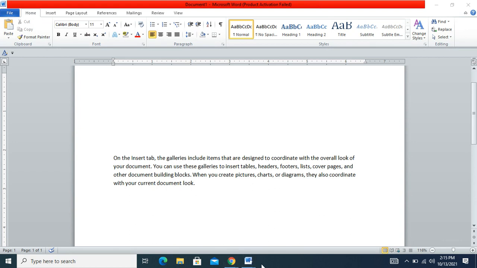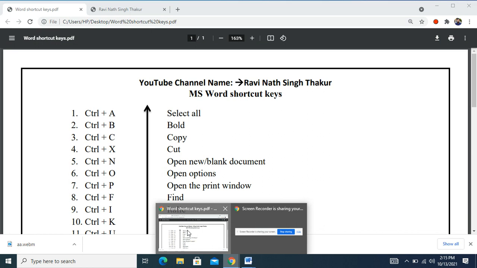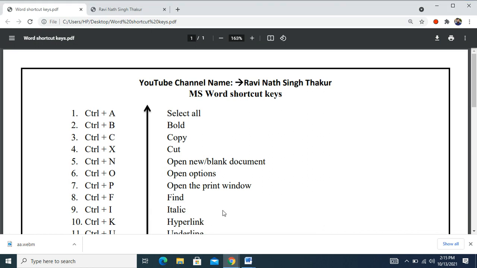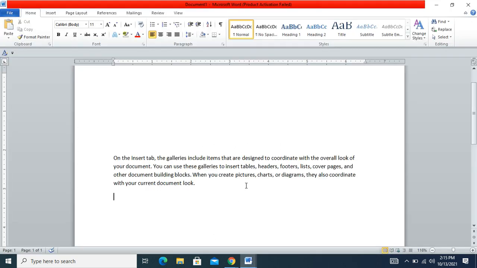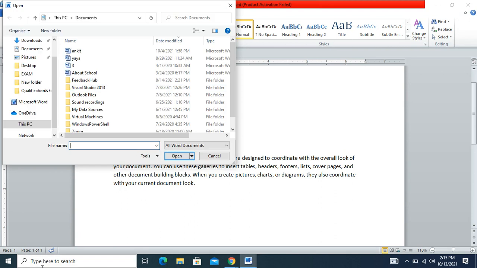Control plus N is used to open just a new file or document, whereas Control plus O is used to open the Open option.